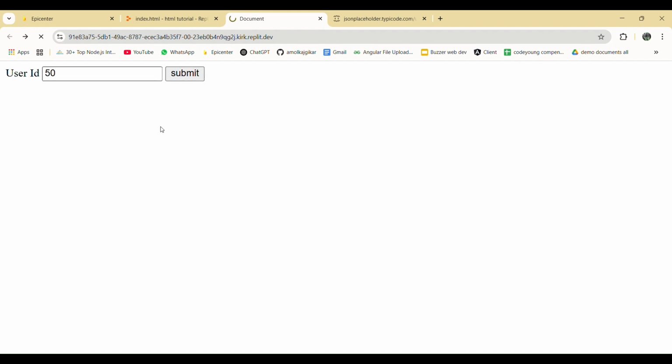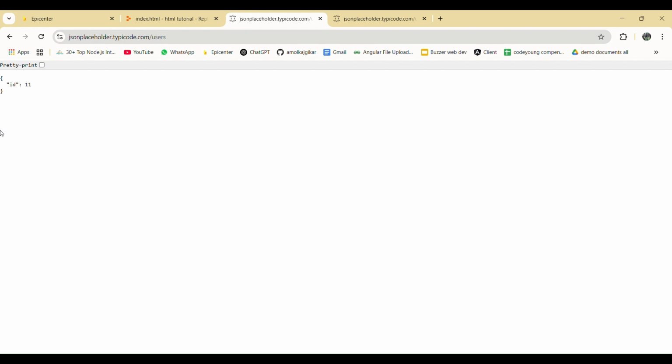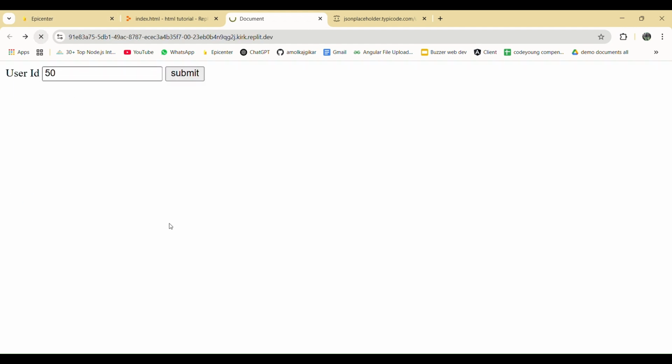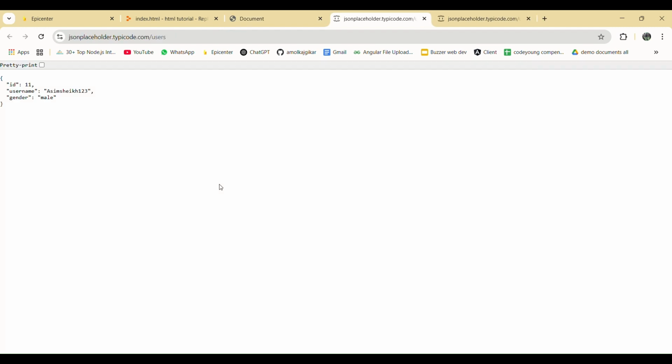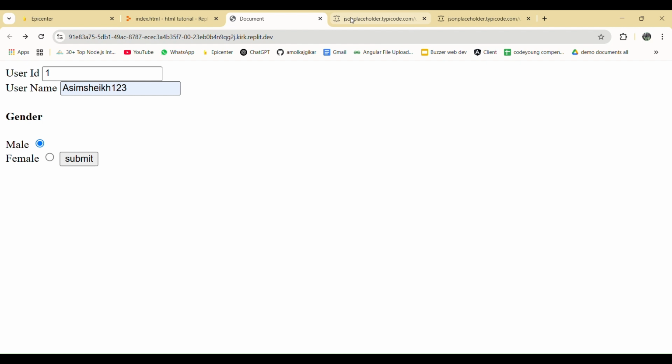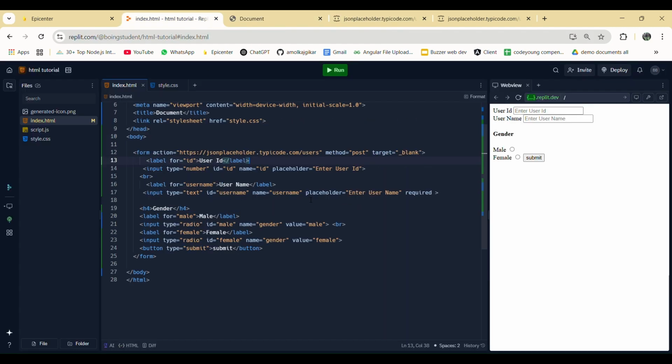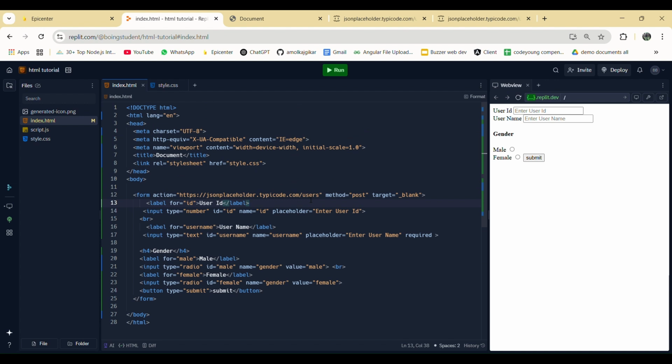I'm going to click on the submit button and you can see that right now the output is actually opening on the same tab because I didn't reload it. But as I'm going to reload it now, let me go back and let me reload. Okay, I got this much of data, and now as I put my information here and click on the submit button, you will see that it's opening in a new tab. Previous tab, new tab, right? So that's it, guys. That is all you should know about forms, right?